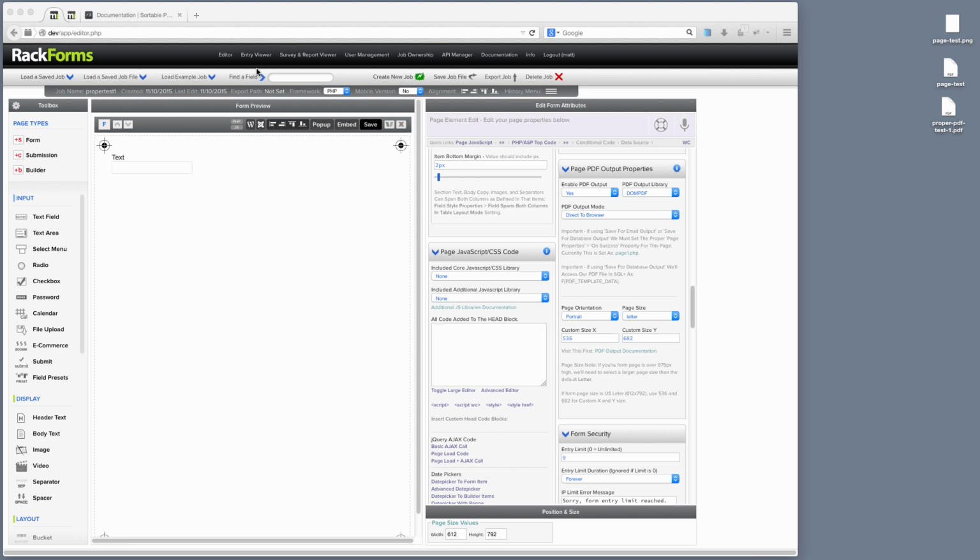Okay, so with that done, the second big thing that we want to do is make sure that we have DOM PDF as our PDF engine, and we want to make sure that we set a custom page X and Y size. Now the values that you're going to use for this may differ slightly depending on your personal preferences, but the values you should almost always use are 536 by 682 if, as a little note here says, we're printing to US letter. So if we're going to US letter 612 by 792, then we should use 536 by 682 for our custom